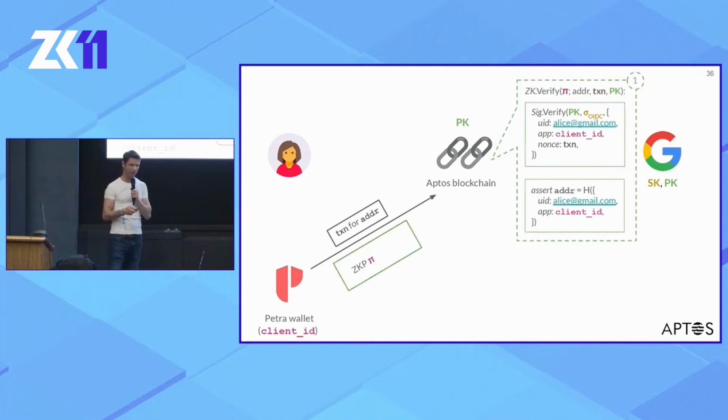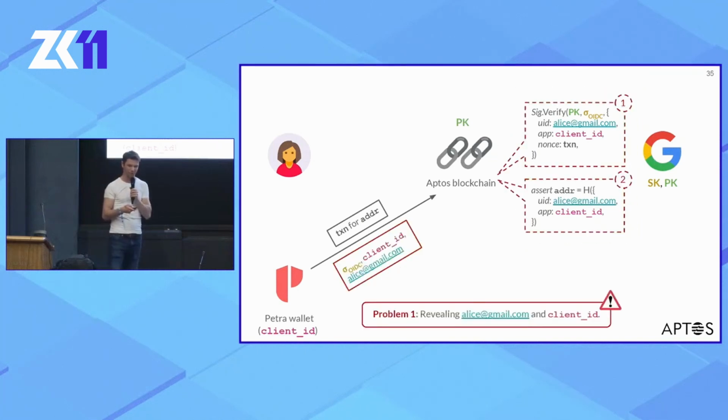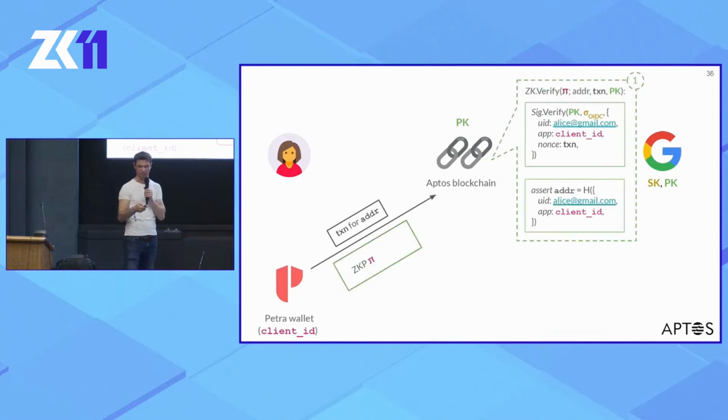So we got to fix that. And obviously, the very trivial fix is to just throw a zero-knowledge proof at it, right? So instead of giving all of this secret witness, like the client ID and the signature and the user email, we're going to move it inside of a zero-knowledge proof, and we're going to do all of the work inside the zero-knowledge relation here. So this is a zero-knowledge proof of knowledge of an OIDC signature and an email address